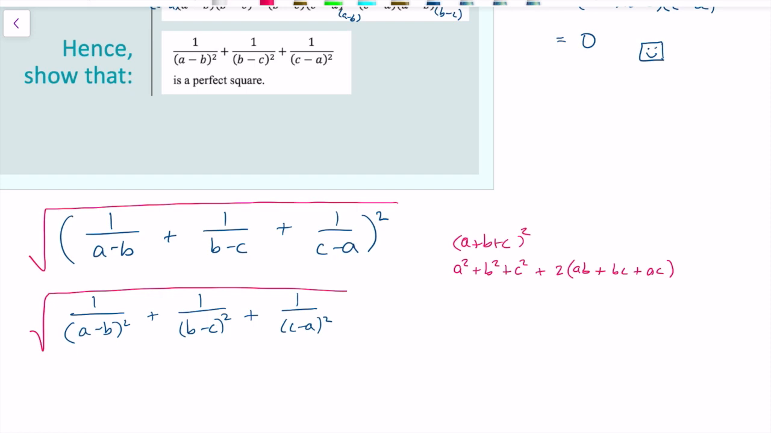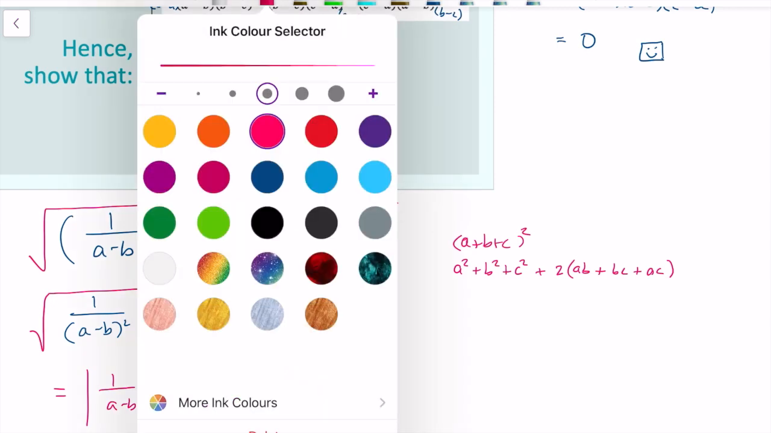And so working, I guess, with backwards logic, it means that the thing underneath that second square root is a perfect square, and the answer to it is just 1 over a minus b, 1 over b minus c, plus 1 over c minus a, and I'm going to say the absolute value of that technically, and the reason for that is